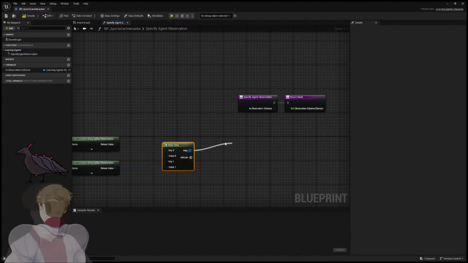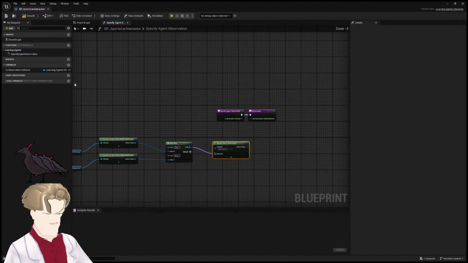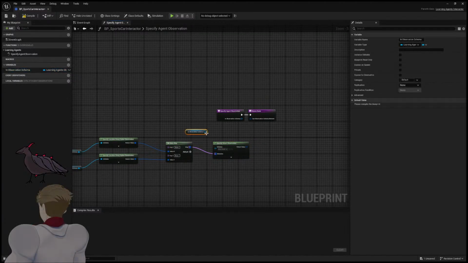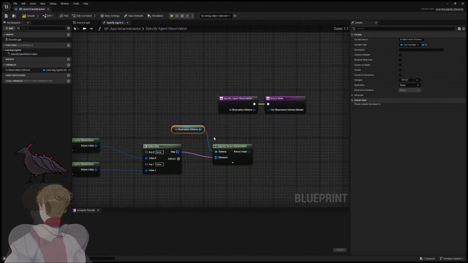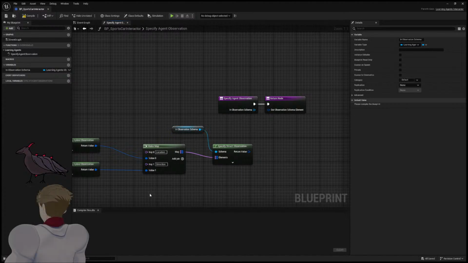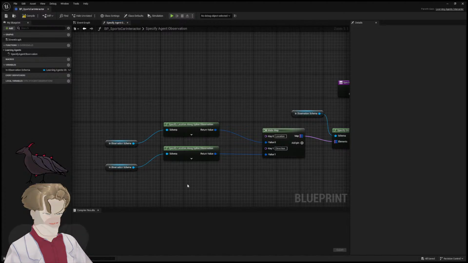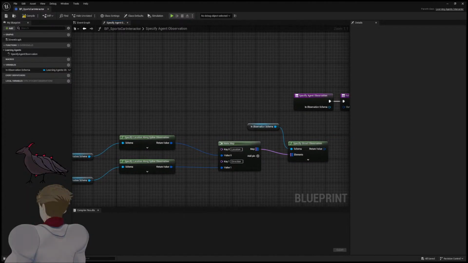Struct observation. Okay. In observation schema. Get this. Bam. And this shall be location. Location. This is direction. Okay. Observation schema. Okay, schema. Then